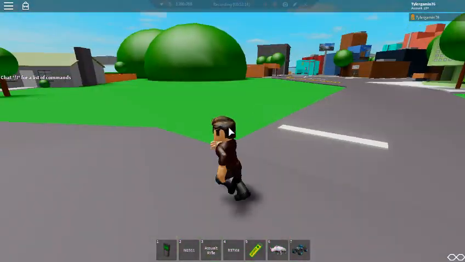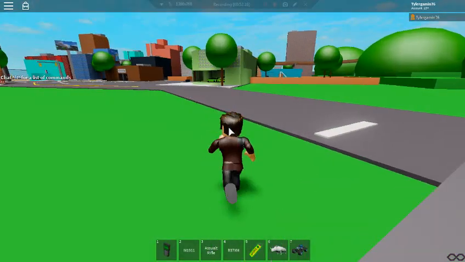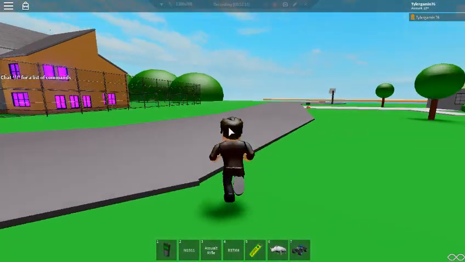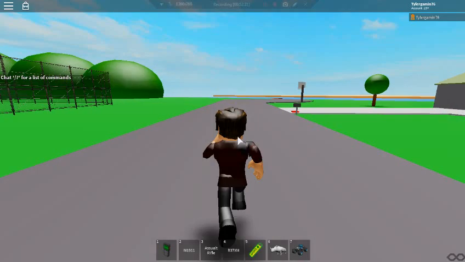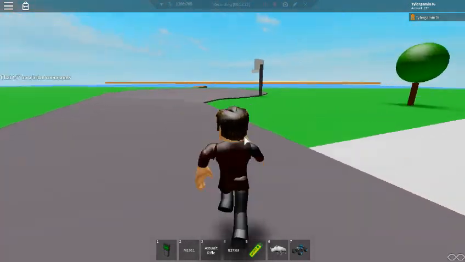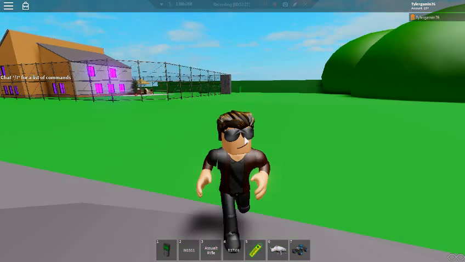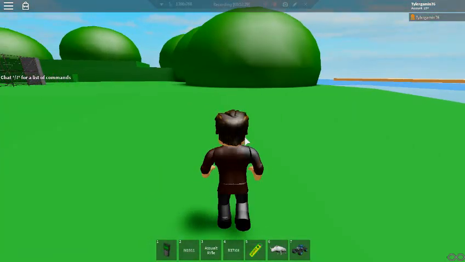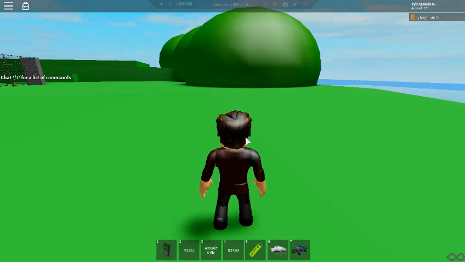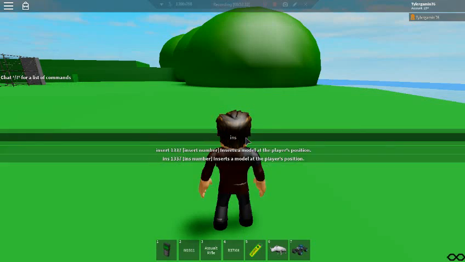This particular map is Robloxity, an old version, an old game I used to play. I loved it. And now it's fallen into the realm of dead Roblox games. But I am hoping to bring it back. It is on my profile, and it is a public game. But anyway,